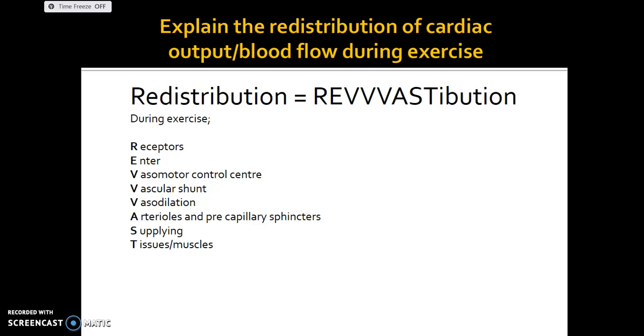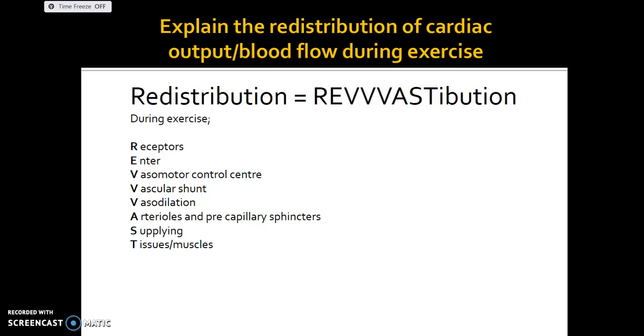Okay, so redistribution equals re-vas-distribution. Three V's, and you see a VAS in the middle, and that should tell you what redistribution actually means. It's called revasdistribution. So vascular shunt is what redistribution should translate into ultimately. Now the revas is there so that you have a checkpoint for all the stages that this